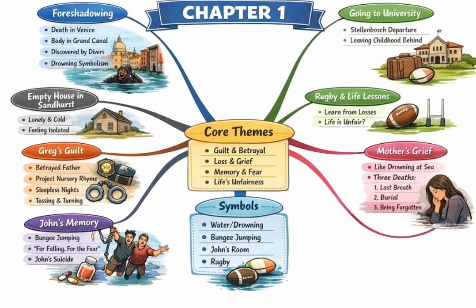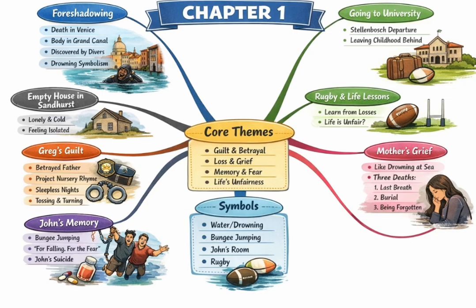That's it, exactly. And then you get that final gut-wrenching revelation about her secret pain, her confession to Greg. That when he was away and her husband was gone, she would close all the doors and just scream. Screaming into a void. It's devastating because it shows her complete isolation, this private ritual of anguish, because the 2 men in her life were gone, one to prison, one to his own guilt. She felt completely abandoned. Everyone she loved was taken from her, physically or emotionally. So by the end of chapter 1, you don't just have a broken family. You have a totally shattered one. Every single member is isolated in their own trauma and guilt. The damage is just comprehensive.